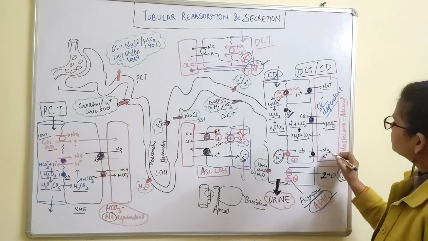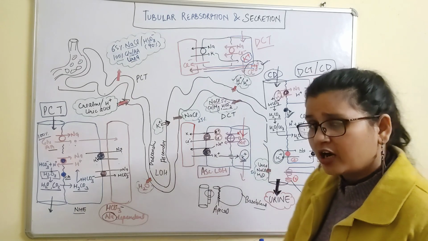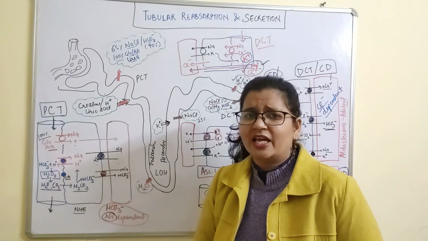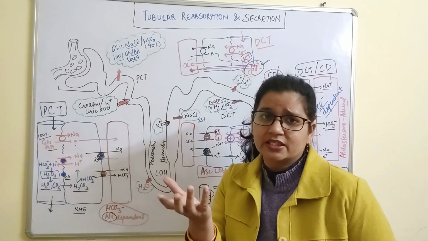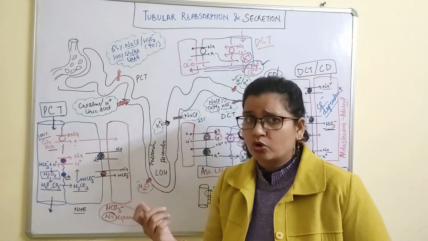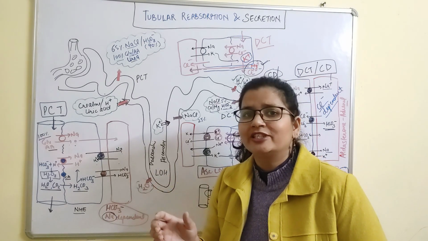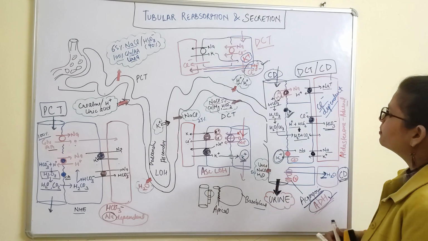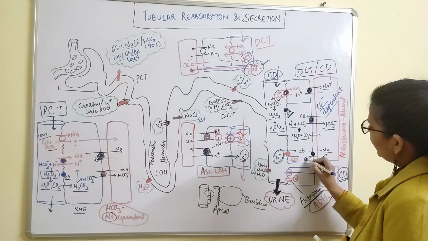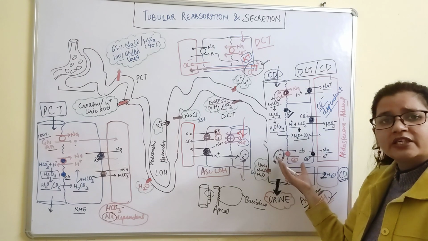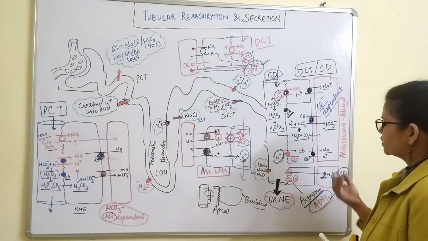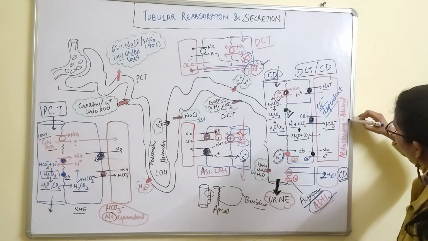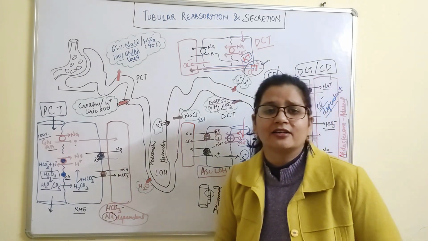And the last thing is the sodium potassium pump, because you have heard in CVS that to maintain blood pressure or blood volume, we have something like the RAS mechanism, right? In response to renin, some hormone is secreted from the adrenal cortex. Name the hormone in the comment box, please. That hormone increases the sodium potassium pump activity on both membranes. And if the activity of this pump increases, what happens? There will be more sodium reabsorption. So sodium and water reabsorption occur because of which hormone? Because of the aldosterone hormone, which is secreted from the adrenal cortex.